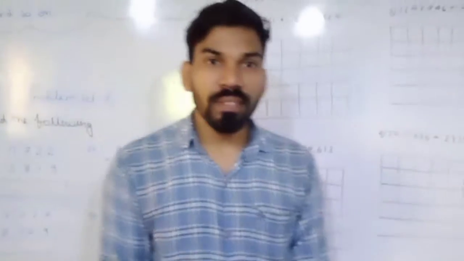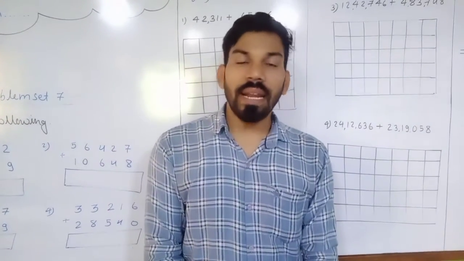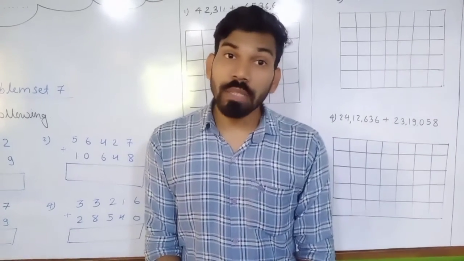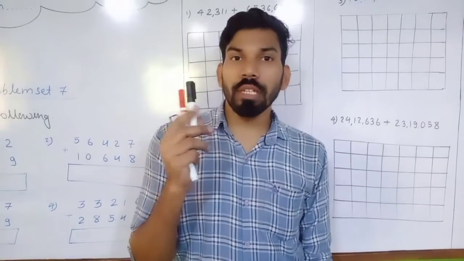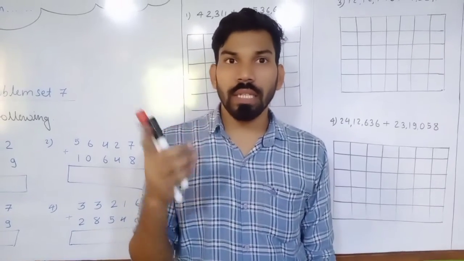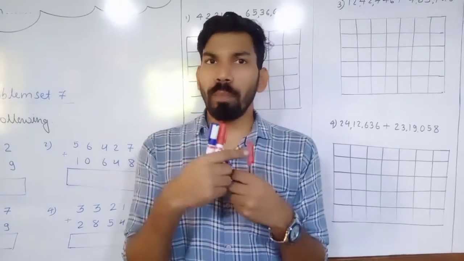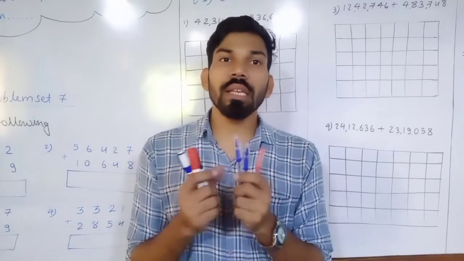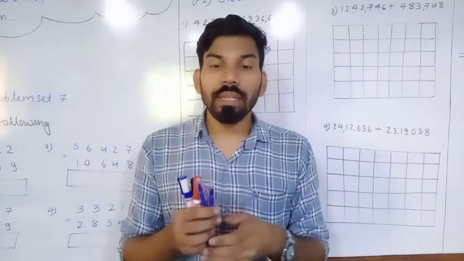Good morning, students. Today we are going to start the next chapter, that is addition or subtraction. Before starting the chapter, what do you get from the word addition? You can see here I have 3 markers, 1, 2 and 3, in my right hand, and in my left hand I have 3 pens. If I ask how many markers and pens I have together, how are you going to get the answer?